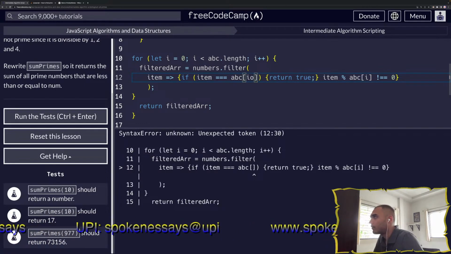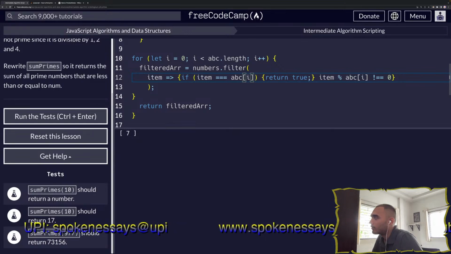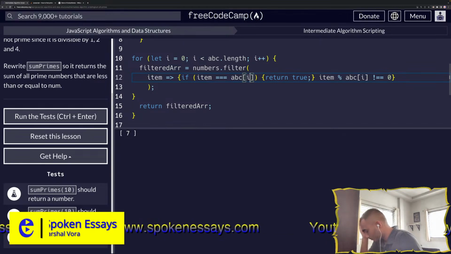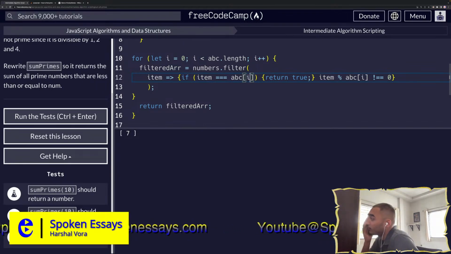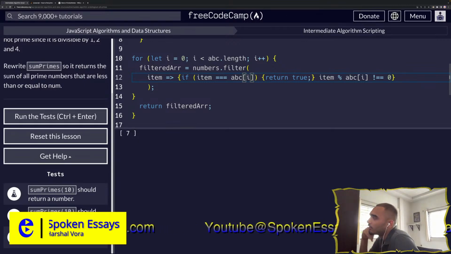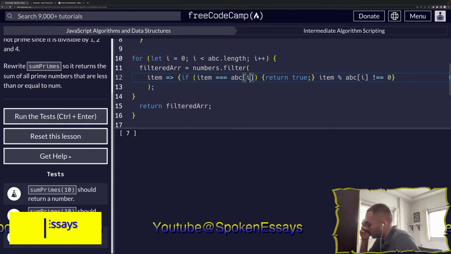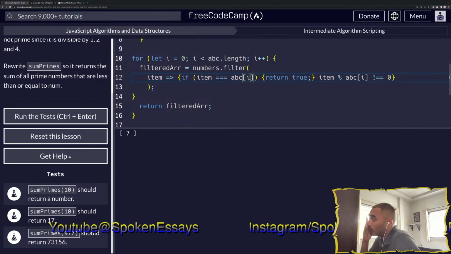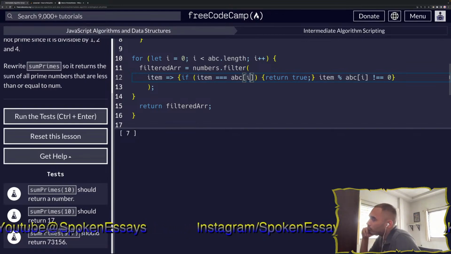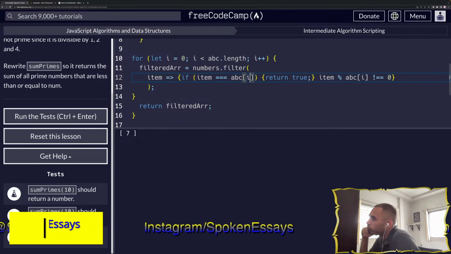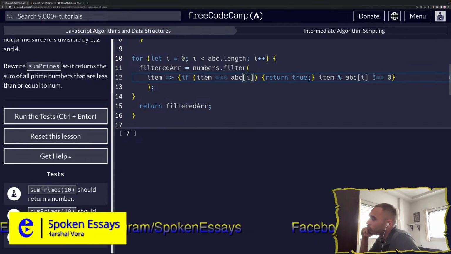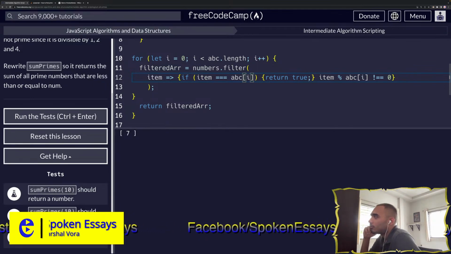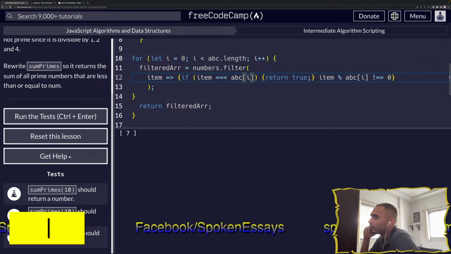ABC I. Oh. It will only return 2. It will only return 7, I get it. Because with each iteration, the number will change. I love this challenge. So in our journey to preserve this,